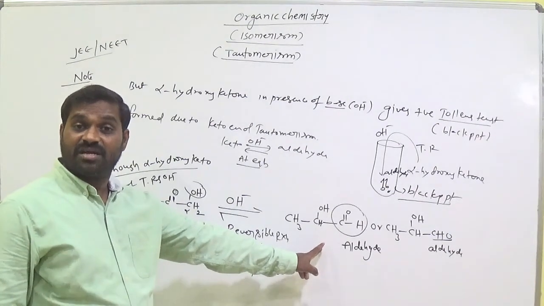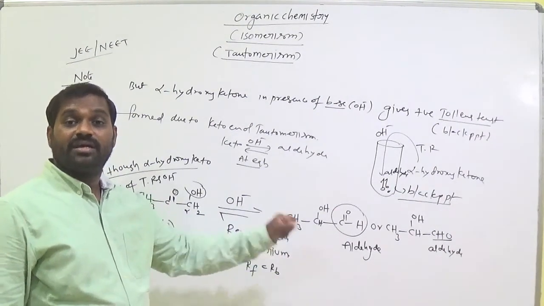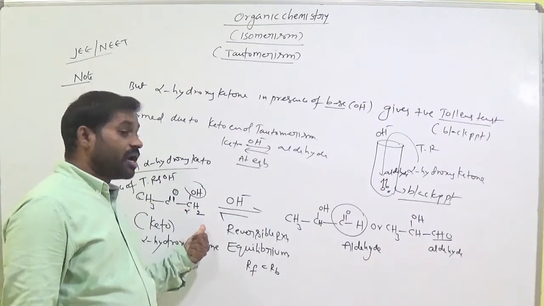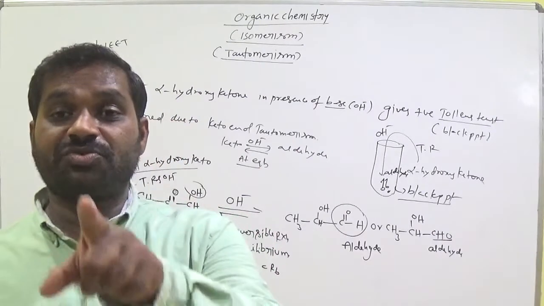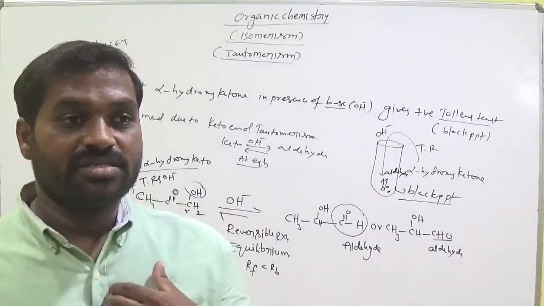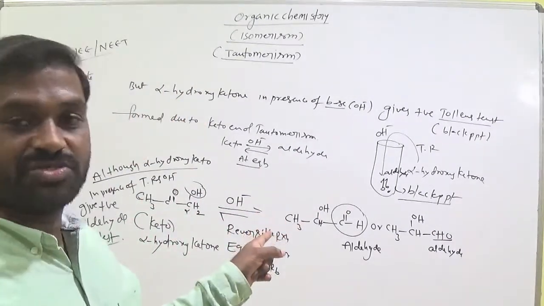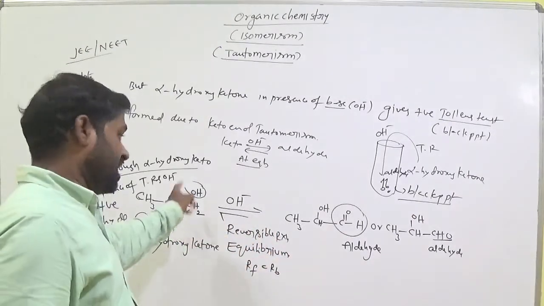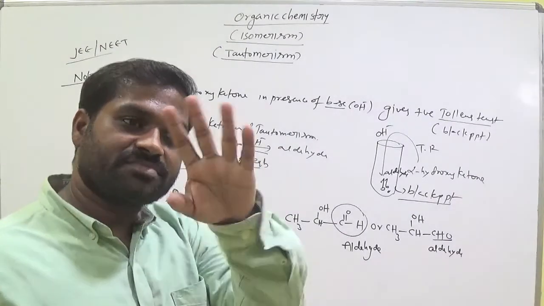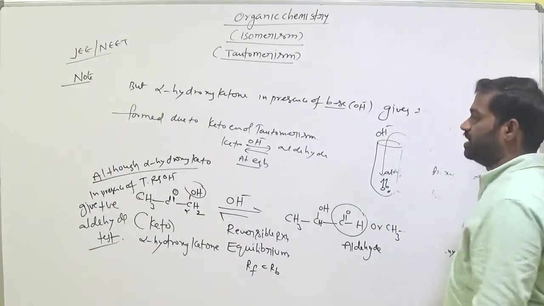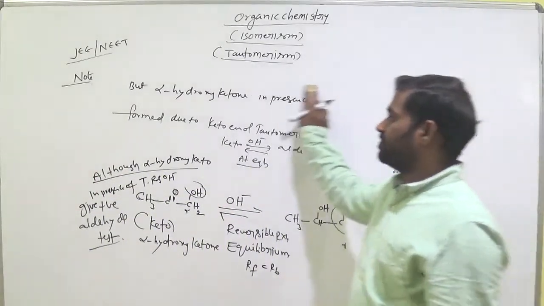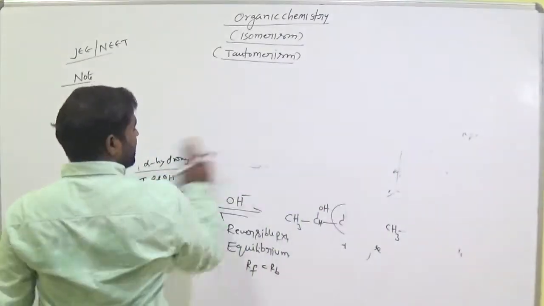That means what we conclude? So alpha hydroxy compounds in presence of base go for a positive Tollens test. Clear? So aldehydes give positive Tollens test, okay? But alpha hydroxy ketones also give a positive Tollens test in presence of base. Remember these points, this bit is repeated many times in JEE and NEET. So generally we are expecting